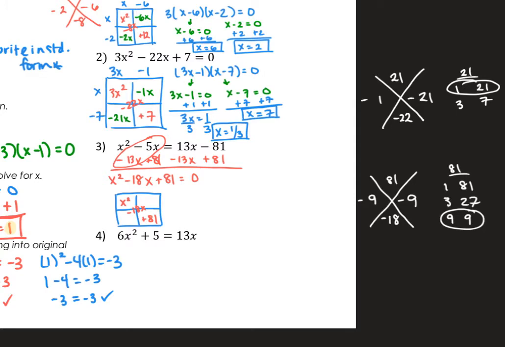So now I have my two factors. This is negative 9x, negative 9x. To get the outside, this is going to be x, and then we can work backwards. So my factors are x minus 9